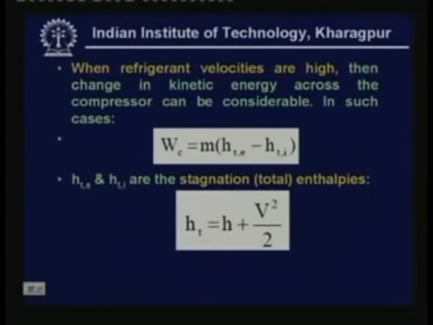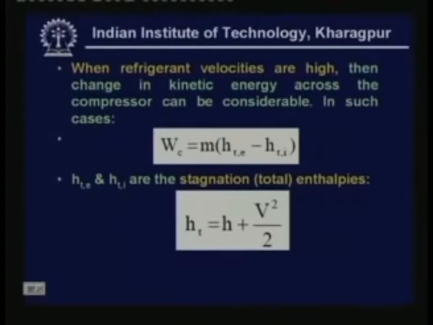When refrigerant velocities are high, then change in kinetic energy across the compressor can be considerable. So far we have assumed that the kinetic energy change across the compressor is negligible. Okay. But in centrifugal compressors you find that the velocities can be quite high, and the kinetic energy change could be quite considerable. Okay. So, in some cases you have to consider the kinetic energy change, you cannot neglect it. Okay. So, if you consider the kinetic energy change, how do you find the power input? The power input is simply obtained by this expression where